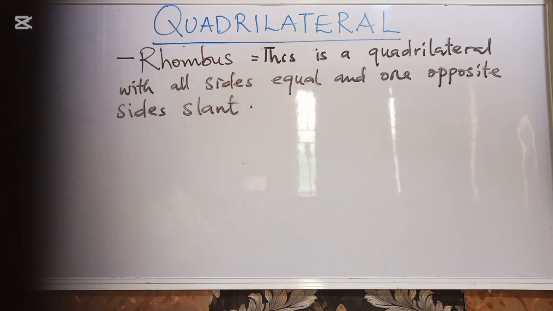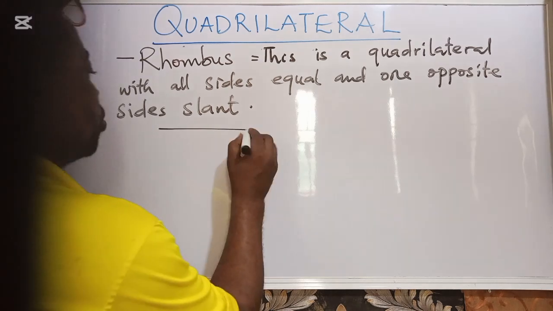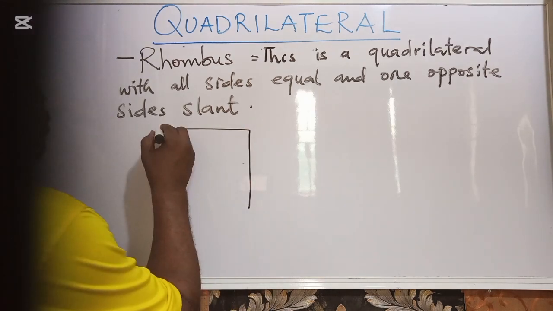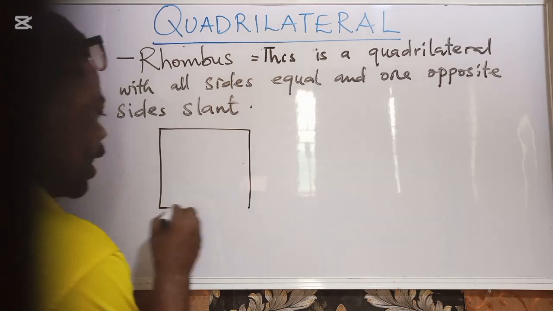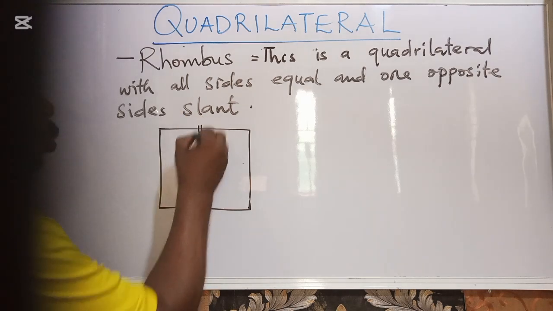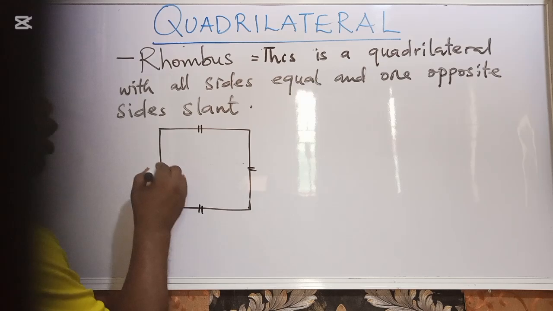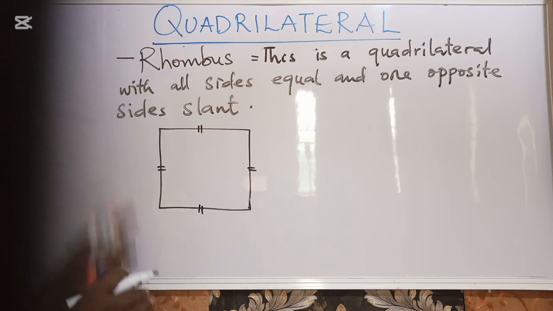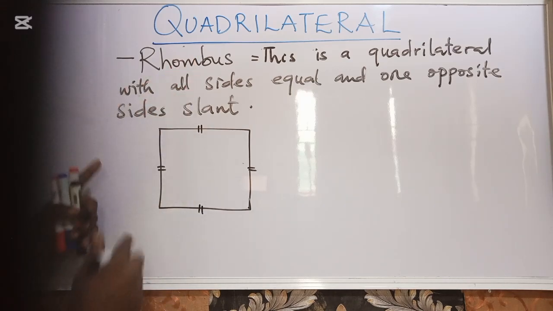Now look at it. That means we have to draw all the sides equal, but one has to be slant. Well, Mr. Ola James called a rhombus a falling square. A falling square. Look at it. This is a square, right? This is a square. This is a square. Okay. If we want to turn it to a rhombus, we push it a bit here like this, to the